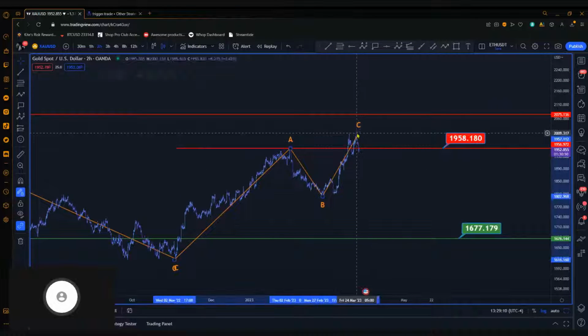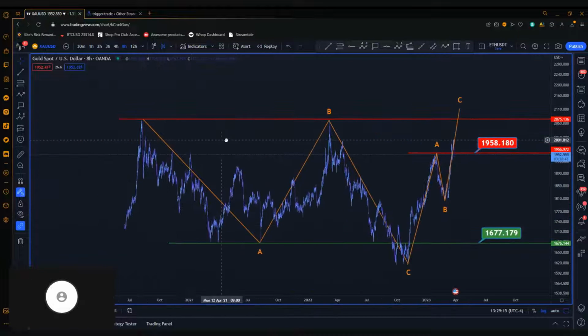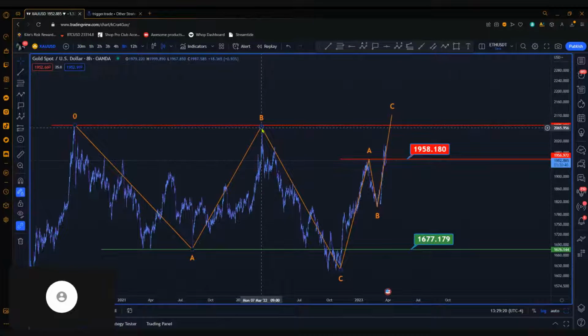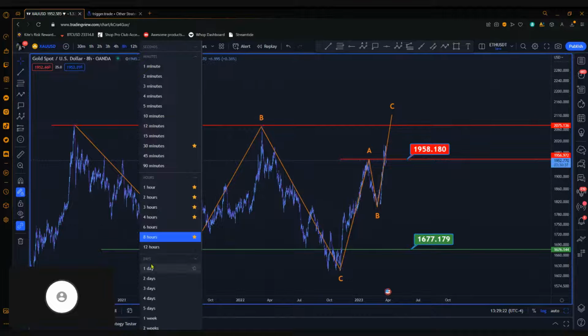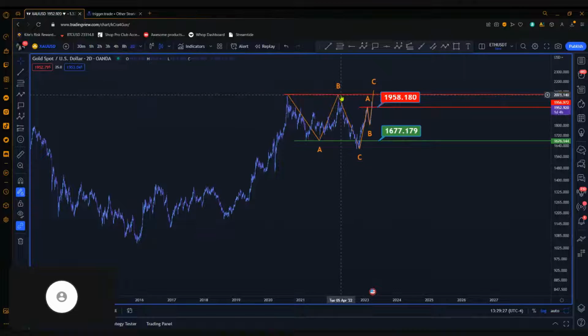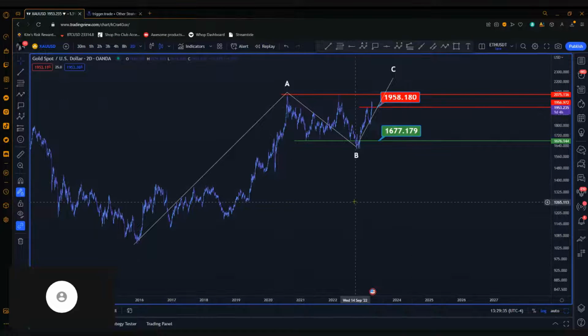If we continue to cross to the upside, the next important region for me to consider is at 2075, which is the previous high. And that would put in a much larger ABC. If I go to like a 2-day, yeah, that would put in a much larger ABC here. And then we can talk about being a little bit more bearish on gold if we do come back below. Guys, we can easily test the all-time high,